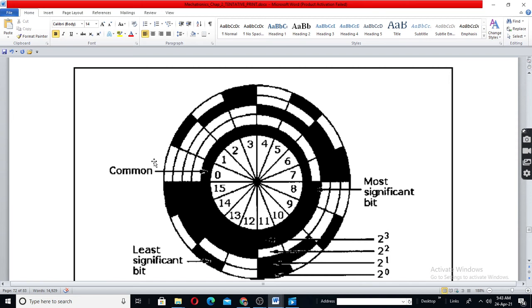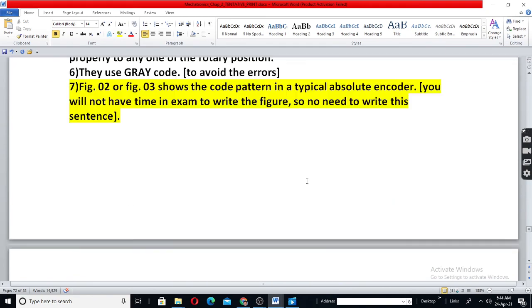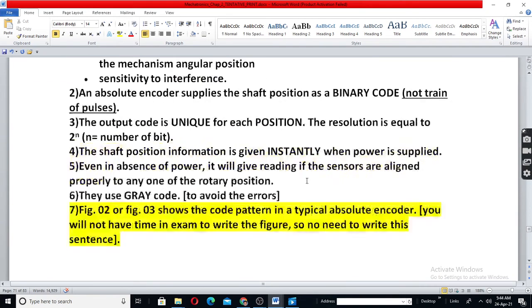To know the direction of rotation, again check leading and lagging. Whether the sensor measures the code from one position to another position. See whether it is changing from 0 to 1 or 1 to 0 or 3 to 4 or 4 to 3. Means if it is ascending or descending. If it is ascending, say clockwise rotation. If it is descending, it means it is anti-clockwise rotation. So this is absolute encoder pattern. Okay.